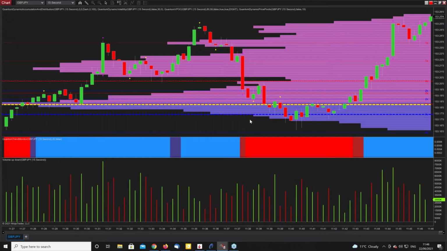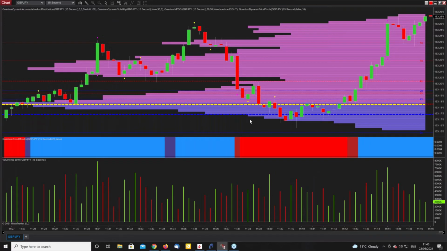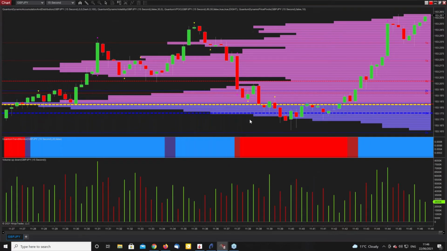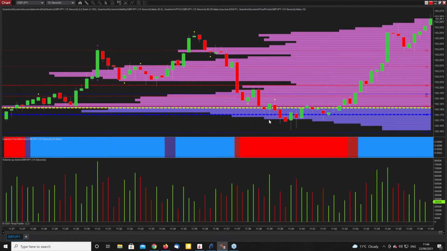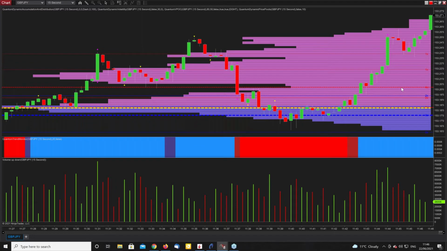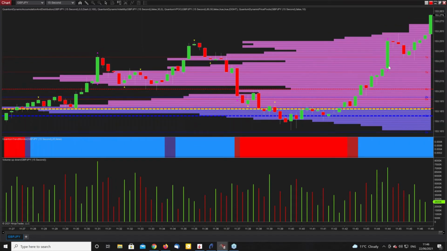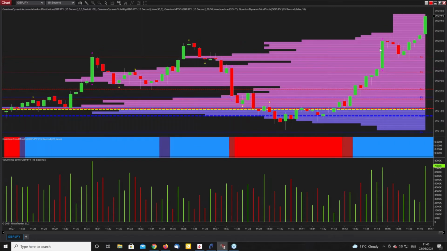Let's just flick that up full size, make it a bit easier. It's a great way to practice VPA because everything happens very quickly, obviously, and you get very practiced at reading things fast because you have to. And this little up move, we had a volatility candle here, no problem, decent volume, no wicks.